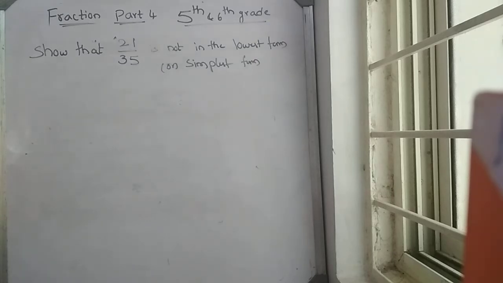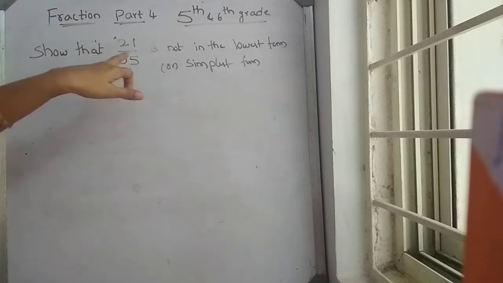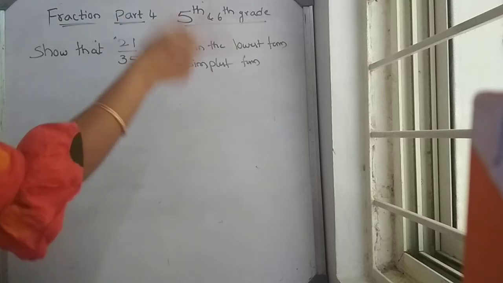Show that 21 by 35 is not in the lowest form. So how to show lowest form? It means HCF of 21 and 35 is equal to 1. If they mention show that this is not in the lowest form,